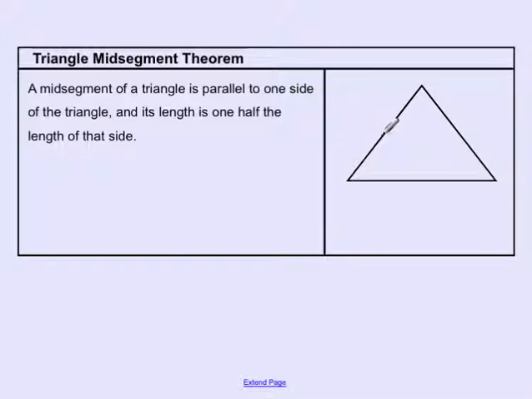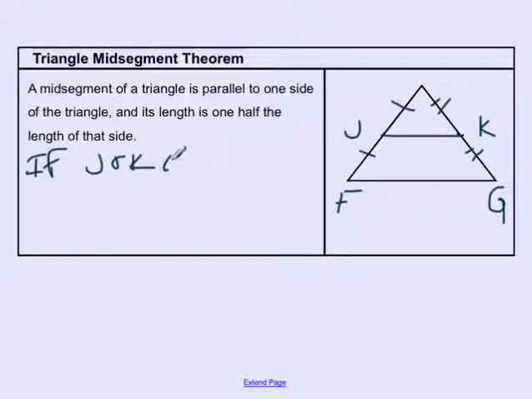Let's put this midpoint here, and we'll call it J. Let's do this midpoint here, and we're going to call it K. Let's call this point F, and let's call this point G. Now, what do we know about a midsegment? Well, we know that if it's a midsegment, that's equal to that, and that is equal to that. Okay, that's what we know so far. So what does this theorem tell us? So it tells us that if J and K are indeed midsegments,